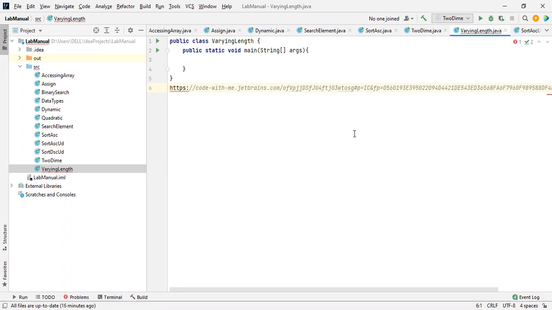If you people are working on a particular task like accessing an array, and someone is working on quadratic equations, you can change what I am doing, and I can change what you are doing also. This is a working environment, a tool that will be useful for you if you are interested, compared to Eclipse or NetBeans.